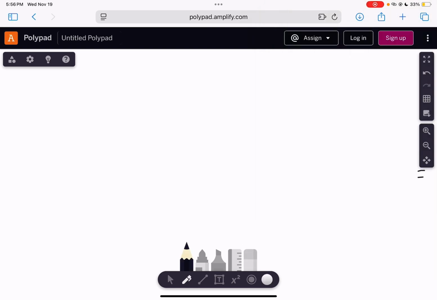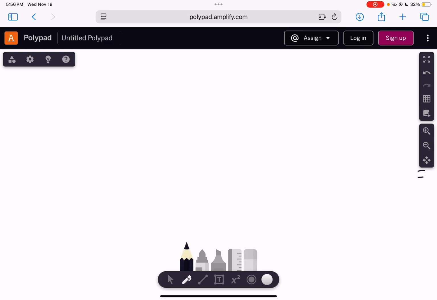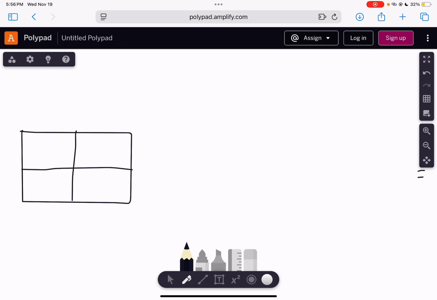Next, I'm going to be making a rectangle. And then on the top would be 50 and 6, and then 20 and 3 on the left side. When drawing this rectangle,